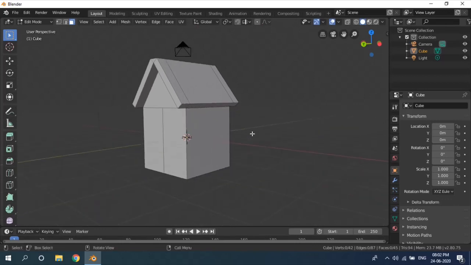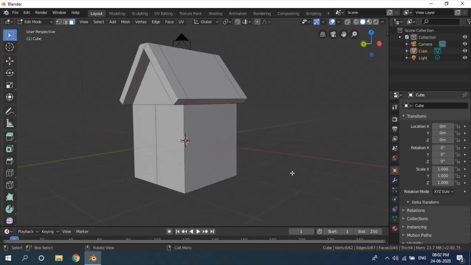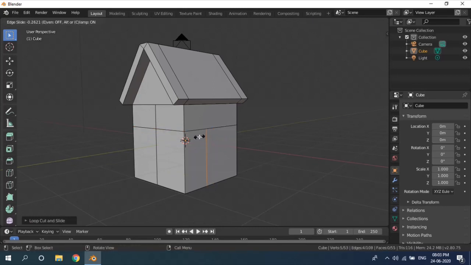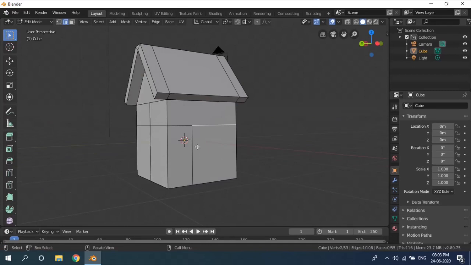We might want to make a little extension popping out from here, so we press Control R again to make a loop cut. Yeah, made two loop cuts, and we have a separated face here.